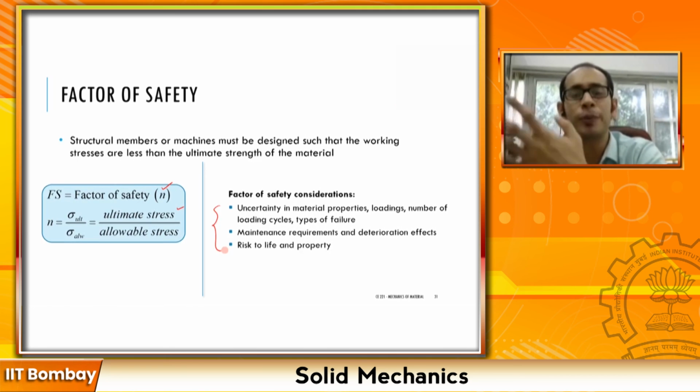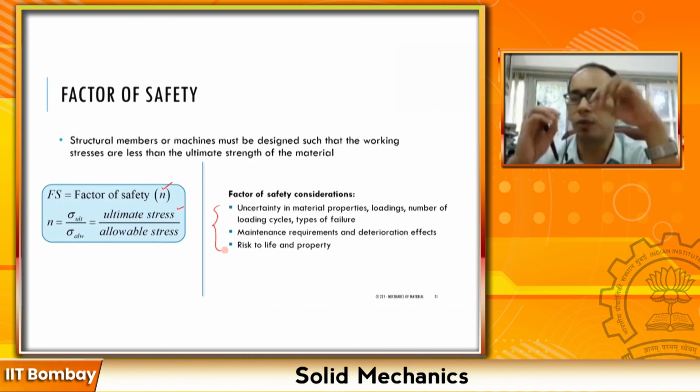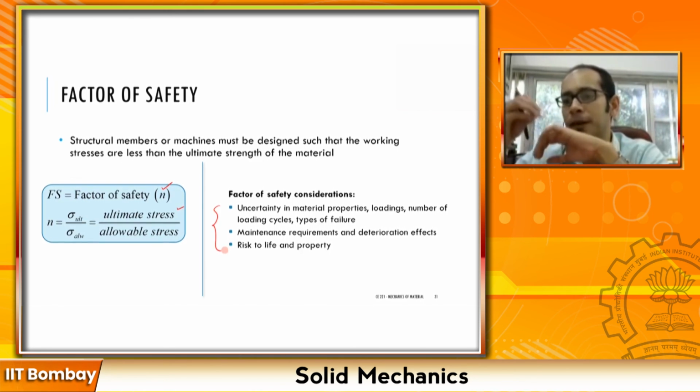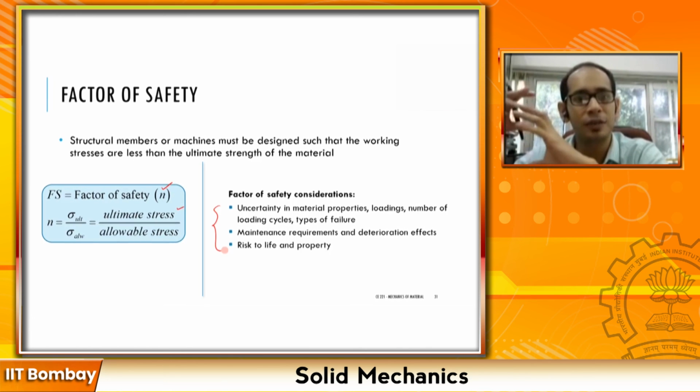Okay, so with that note, we are going to end this particular topic on the concept of stresses and strains. I hope you enjoyed it. As I said, the main objective of this chapter was to look at just individual ingredients, again taking you back to the kitchen, where we have learned what is turmeric, what is coriander powder, what is mirchi powder, and so on. So now we are going to go to the recipes. We are going to look at what are the different kinds of loadings for which these different kinds of stresses may occur,